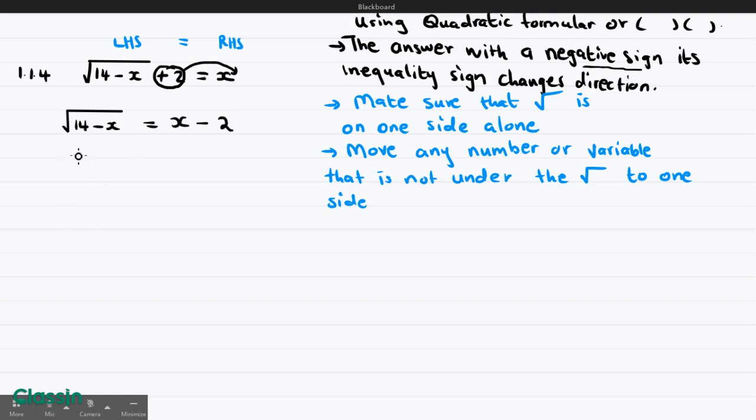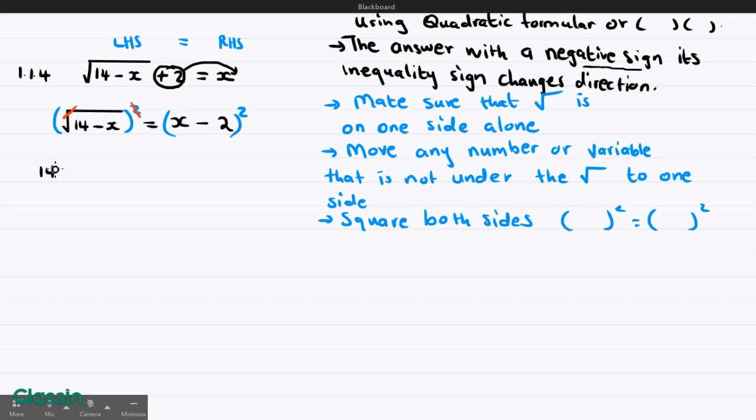Now from there, what do we do? You square both sides. From there, square both sides. So we're going to square both sides. Now, when we square both sides, what does this mean? It means that this 2 will cancel that square root. Then we'll be left with